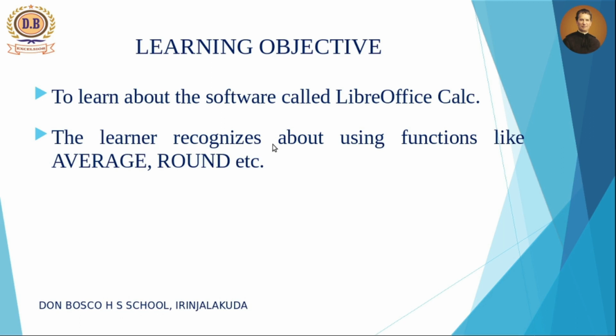The learner will recognize how to use main functions like the average and round functions in today's class. Instead of writing the equation, here we are going to use the function called average to find the average of values and then round it to 0 decimal places. So let's start today's class with the first 2 activities. The first is the average function, and the second is the round function. By seeing these activities, you will know the usage of these 2 functions. So let's start with the first activity.